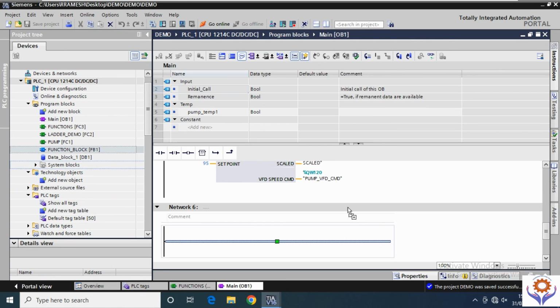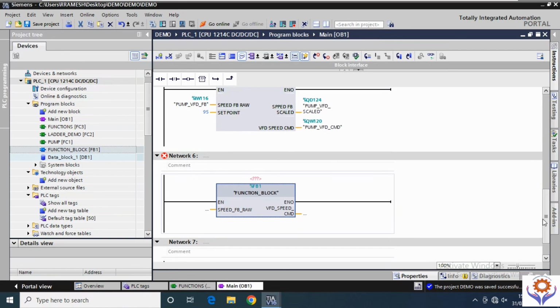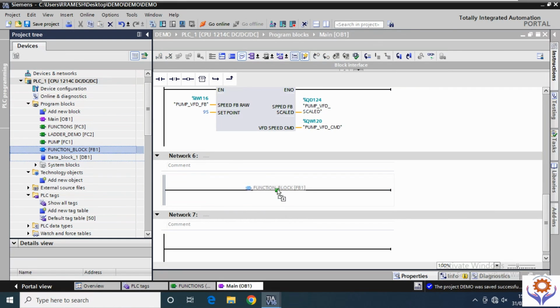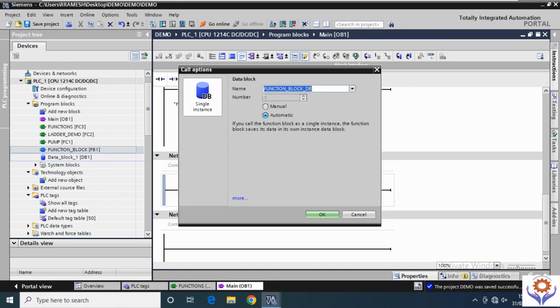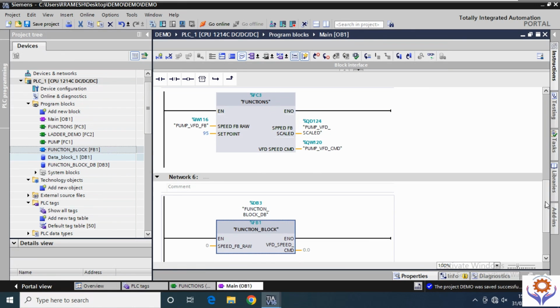This is the difference. If you see that function, you will not add anything, but once you add a new function block, see, I will drag and drop again, I will show you. See, it's added the function block, it will be called as a single instance. Okay, this is one instance. It looks like a similar database, but it will be a different instance, and the values will be stored that you are entering there. See here the speed feedback, I will just browse and give the same